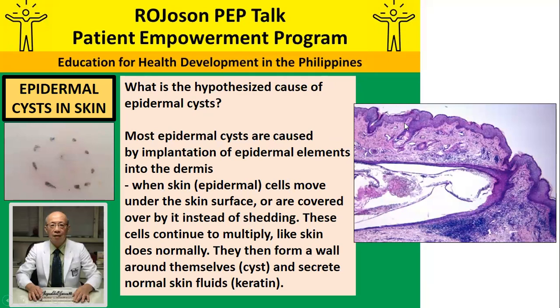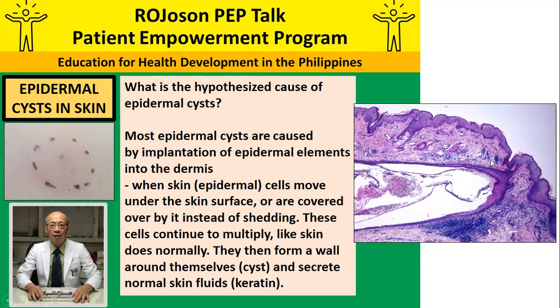What is the hypothesized cause of epidermal cyst? Most epidermal cysts are caused by implantation of epidermal elements into the dermis. Implantation of the epidermal elements here into the dermis. This is the dermal layer. When the skin or epidermal cells move under the skin surface or are covered by it, instead of shedding, going out. So these cells